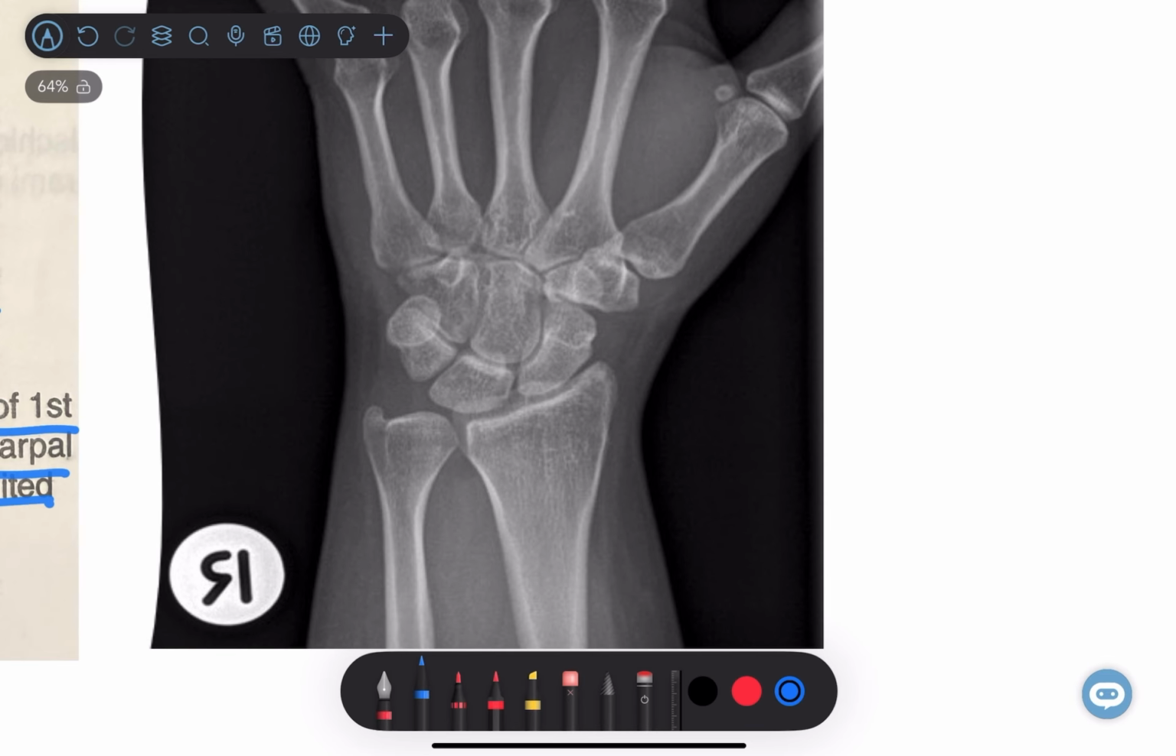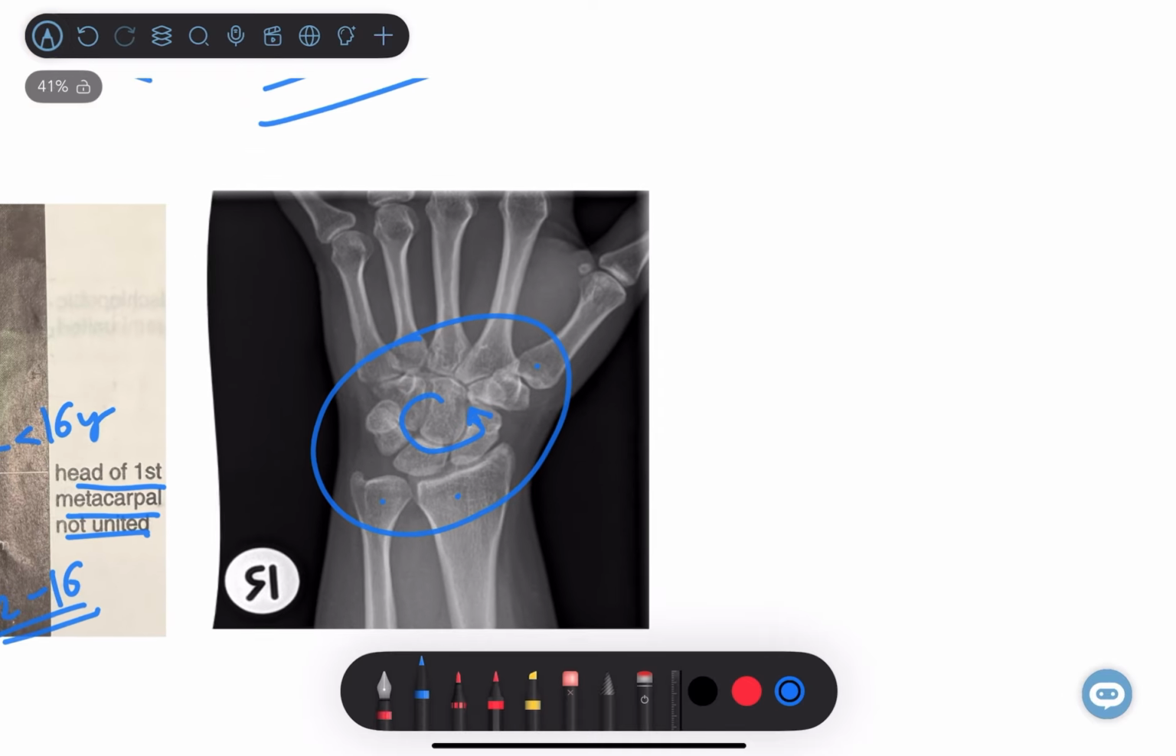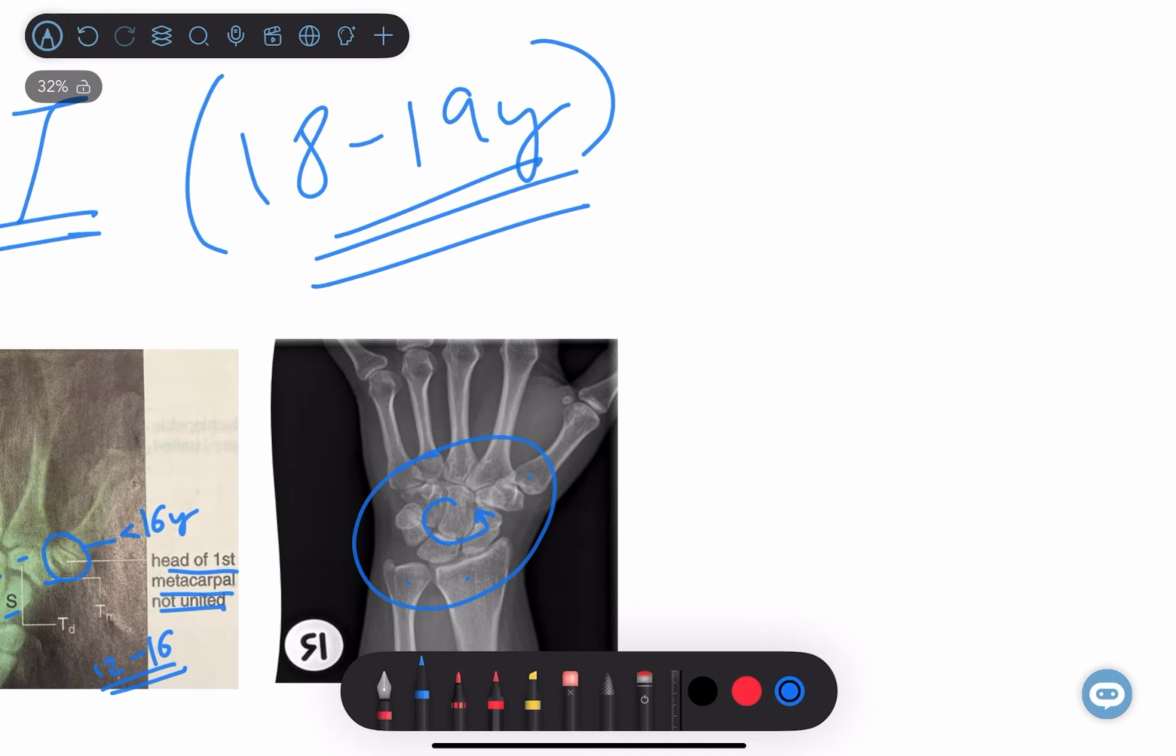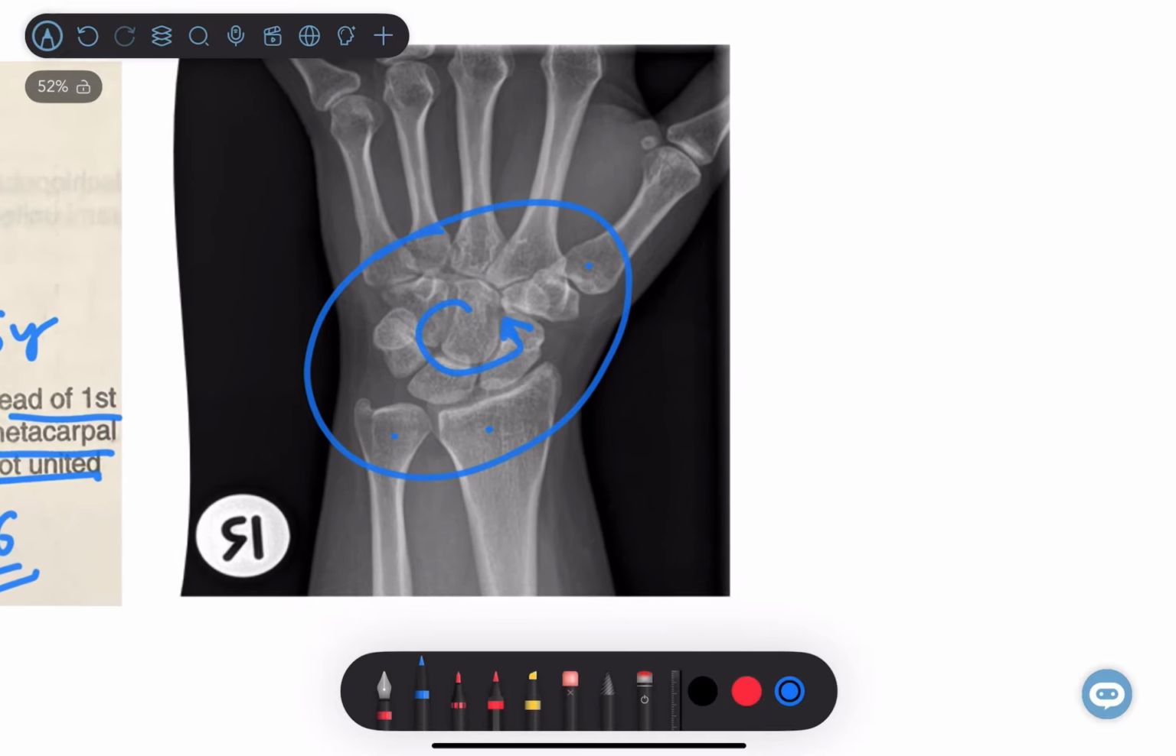In the final X-ray, we can see all the 8 carpal bones. The lower ends are also ossified, whereas the head of the first metacarpal is also united, and we can see the joint is fully fused. So as we studied, the joint fuses at around 18 to 19 years. So the age